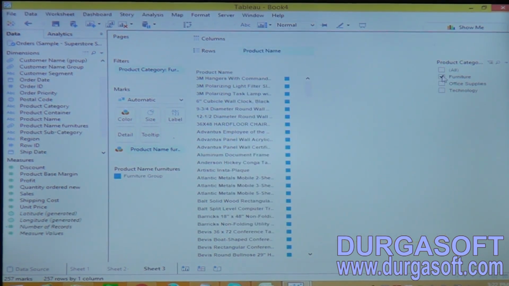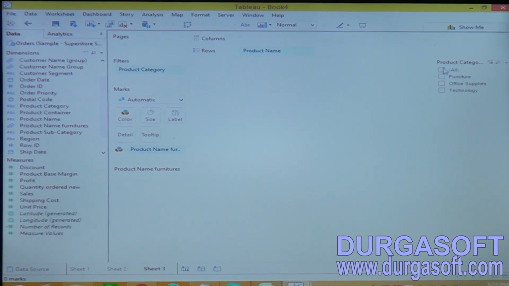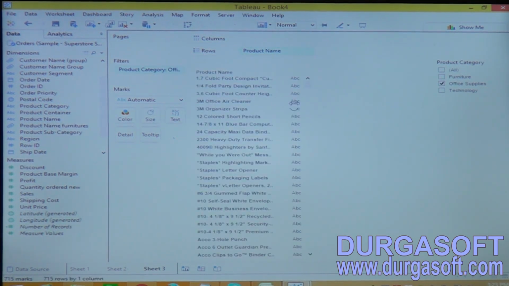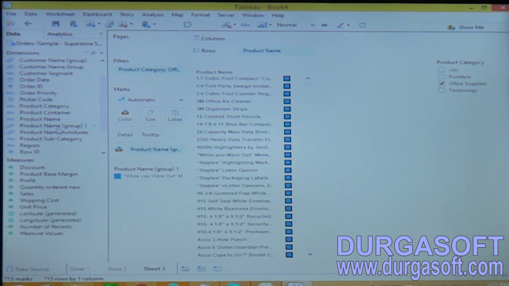Now let me create one more group, for office supplies. You just remove this and select the office supplies. Before selecting the office supplies, you need to remove the color legend as well. That product name group you need to remove. Now select the office supplies. These are the list of product names from office supplies. Control A, create a group and edit the group.